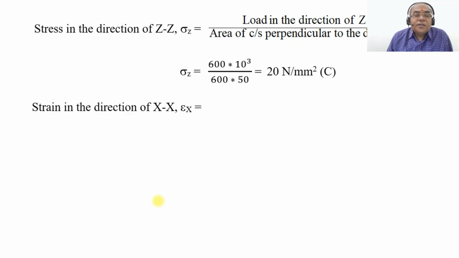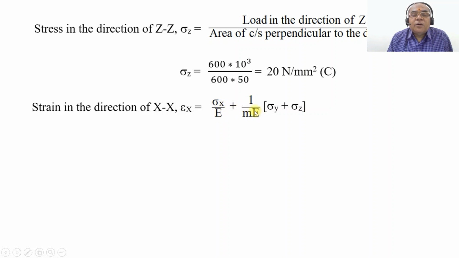What is the strain in the direction of x? Epsilon x will be equal to sigma x by E minus sigma y by m into E minus sigma z by m into E. But actually, the tensile load in x is positive, sigma y is negative because it is compressive, and sigma z is also negative, it is compressive. So minus of minus sigma y becomes plus, and minus of minus sigma z will be positive. Therefore you are going to get it as sigma x by E plus 1 by m into E